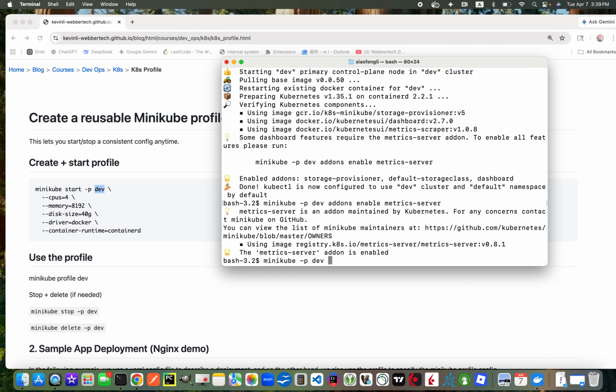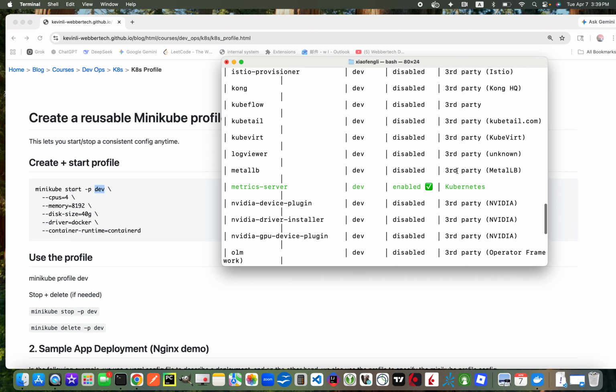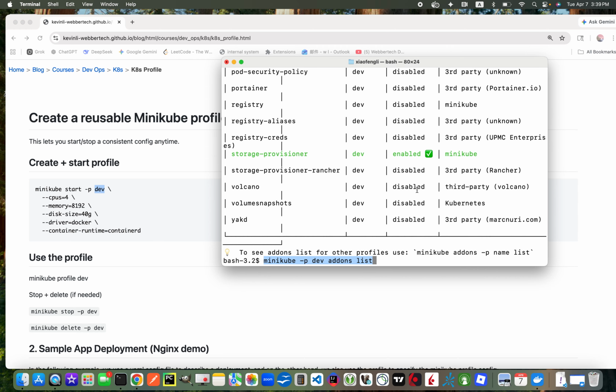addons, and this is the command. I'm going to just stop here and let you take a peek at it. So this is something that we just started. That's in green color, right? So this is the configuration add-on that I turned on in this profile, right? So for the default profile or a different profile, you can turn on different stuff. But right now, let's say,